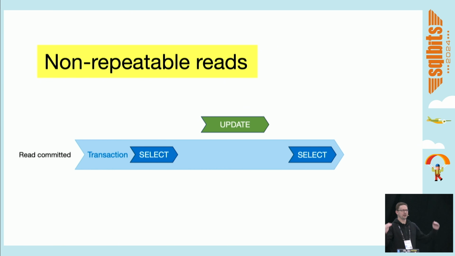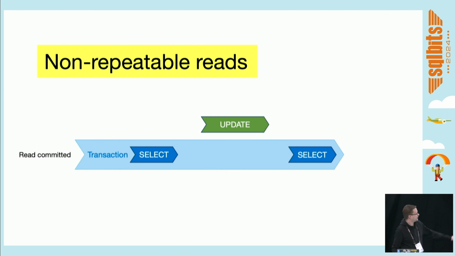The next isolation level is slightly more restrictive. It's called read committed. We mentioned it briefly. Read committed means you can see anything at any time as long as it's already committed, as long as it's not work in progress. This is like the bare minimum standard. This is what Management Studio and Azure Data Studio default to when you connect to a new server. Unless you explicitly specify it, this is the isolation level you're getting if you didn't know it.